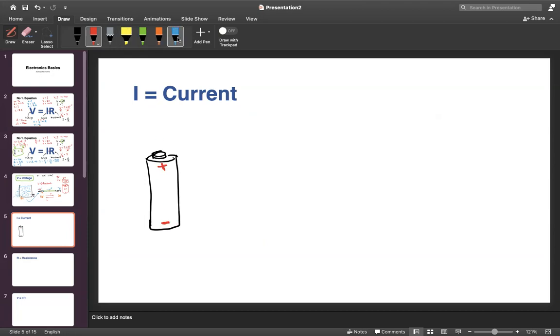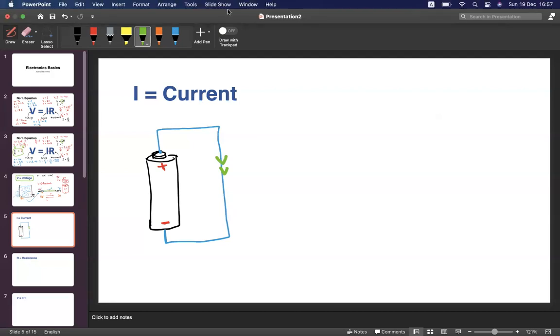And now I'm connecting a wire from positive to negative. Right? So this is a wire. I'm connecting positive to negative. Now tell me how the current flows. Which way? The wire goes from the positive to the negative. Right. Which way does the current flow now? This way, sir, the way I drew.